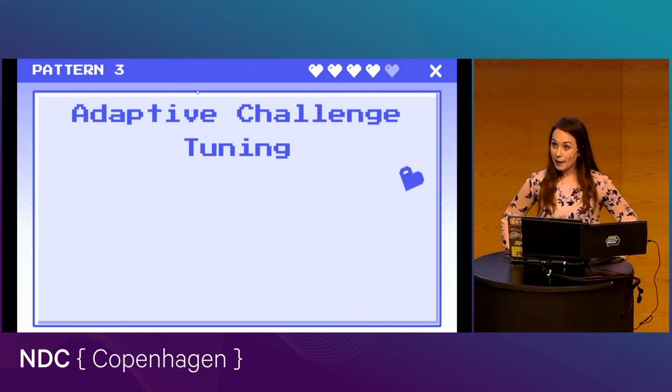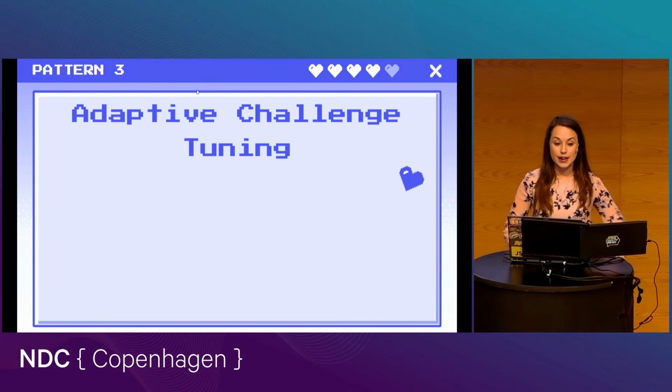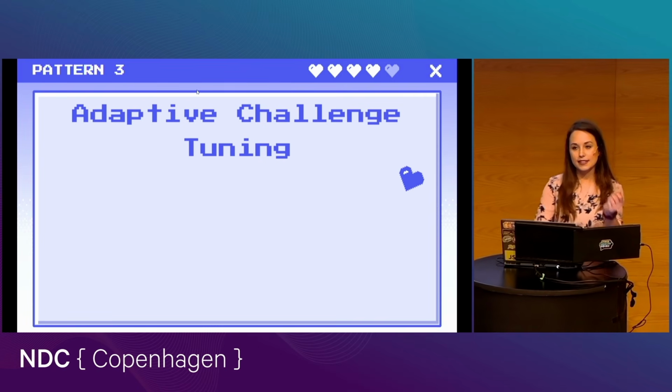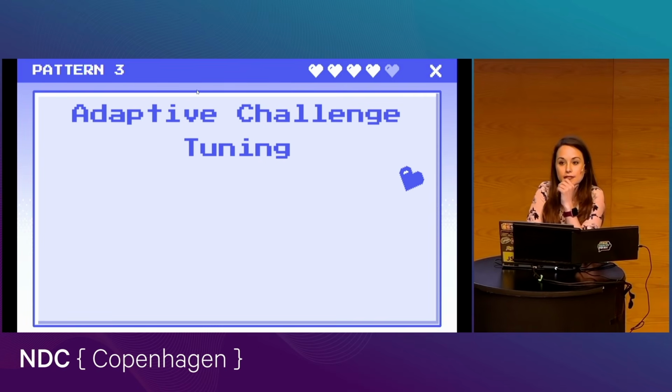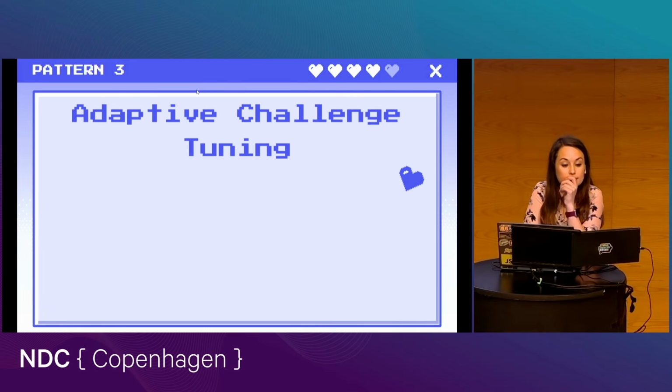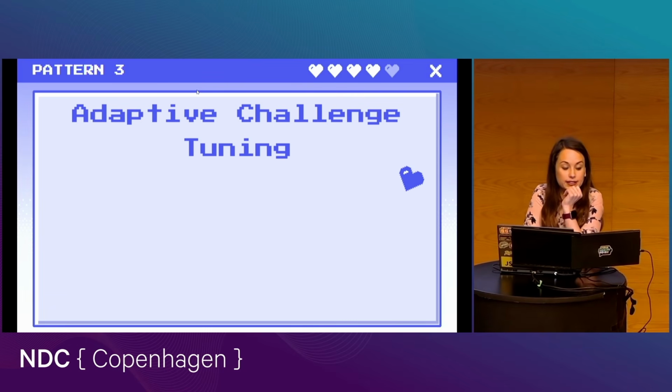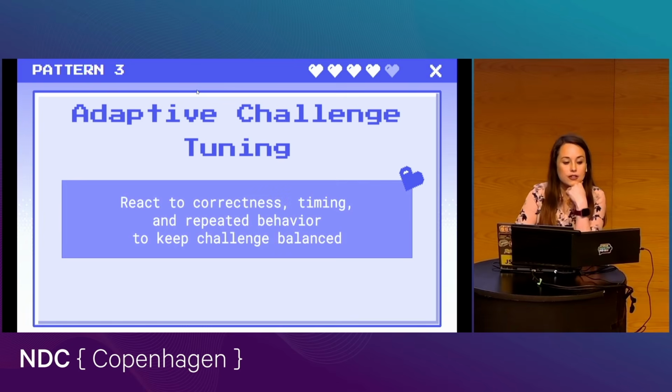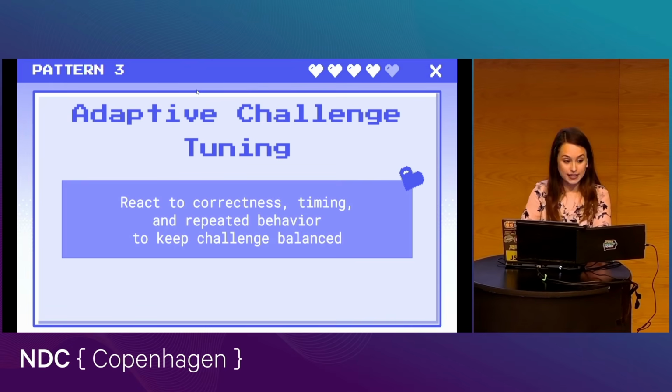Okay, so our third pattern is going to be adaptive challenge tuning. This one you can feel immediately, even if you've never heard the term for it. Adaptive challenge tuning, or dynamic difficulty, is another way you can put it. Basically what we mean by this is the experience is not feeling random, or randomly too hard or too boring.